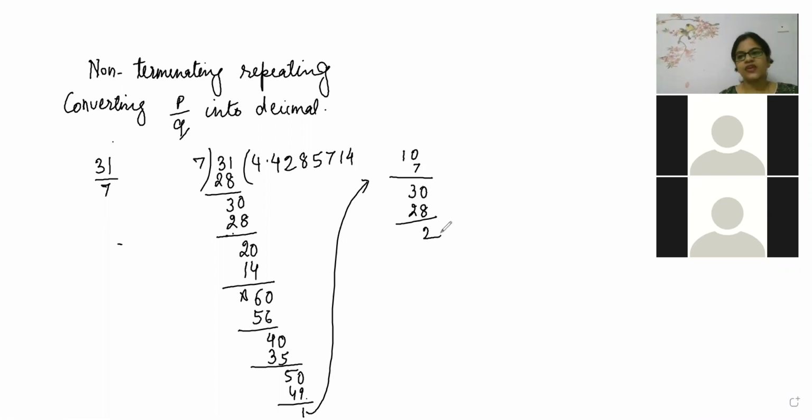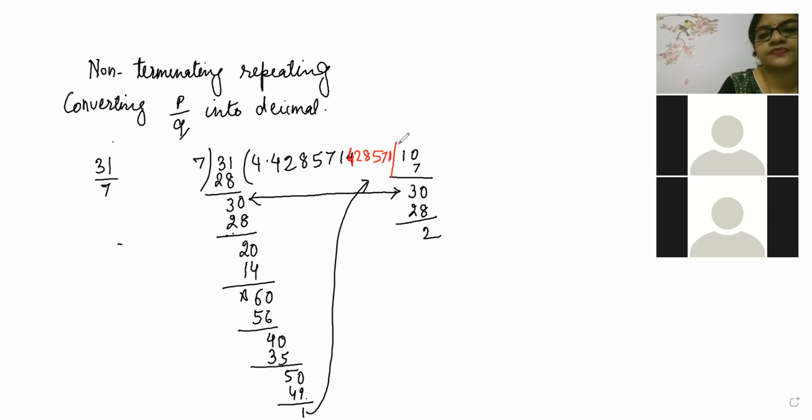Now look here, beta. That's why very cleverly I have taken this one. Now you see 30 came. Now after this, if you repeat, everything will come the same. Very good, Keshav. 428571 will have the bar. 4 will not have. Where are you going to put the bar? Because again it will come 428571. 1 will also come, beta.